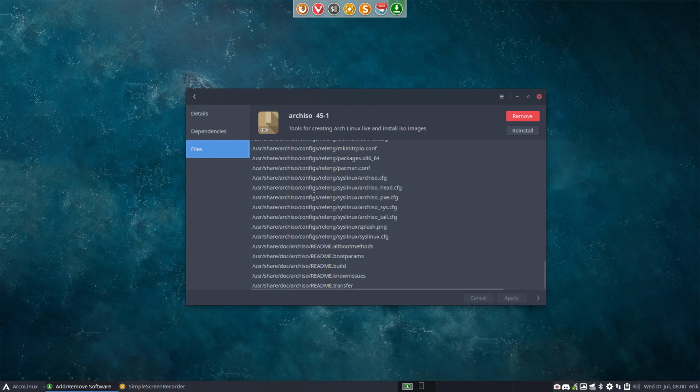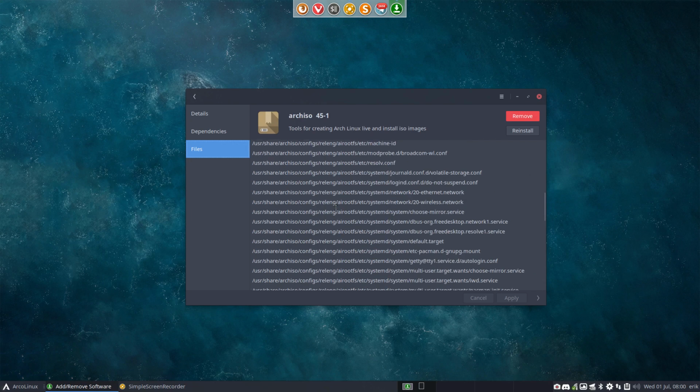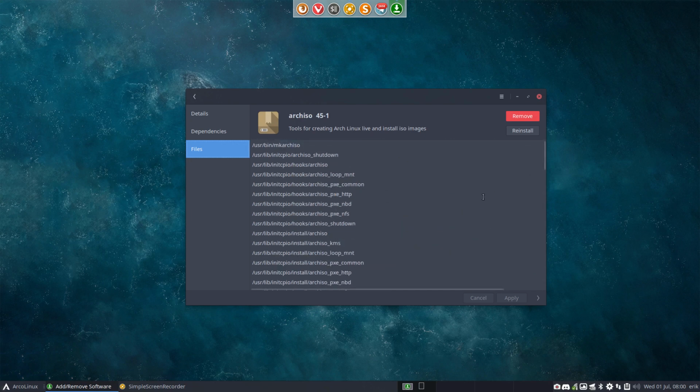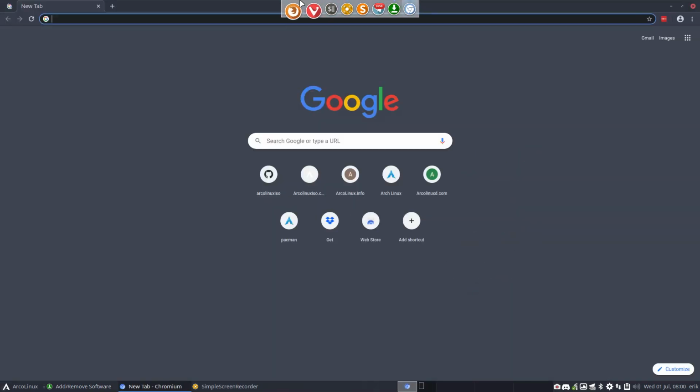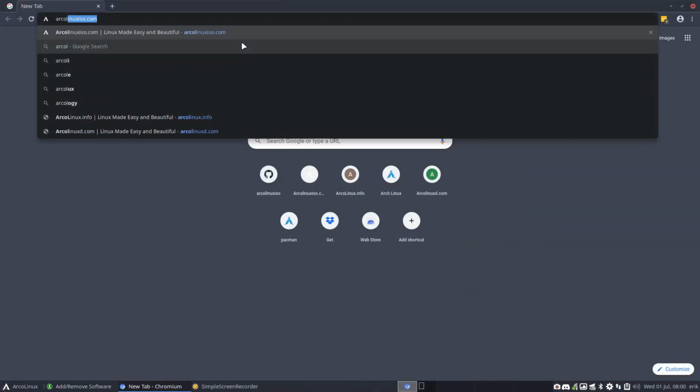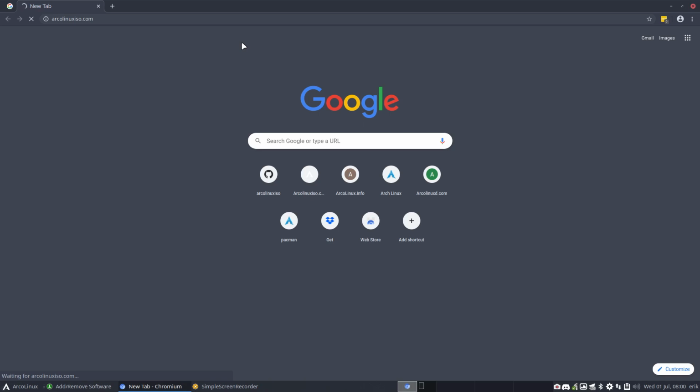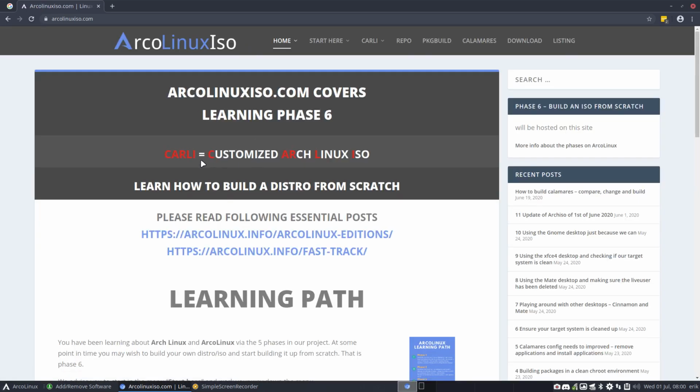SSD. And a few things have changed, like a lot of things have changed. So it's a good idea to make a Carli. I think we are at Carli 7. Now, what is Carli? Carli is the ArcoLinux idea, an ArcoLinux ISO built from scratch. Customized ArcoLinux ISO. So we use the ArcoISO application and build ourselves a lot of ISOs